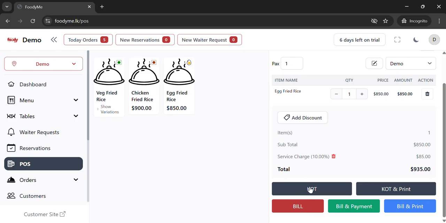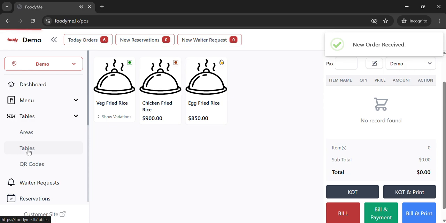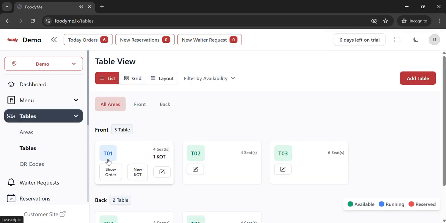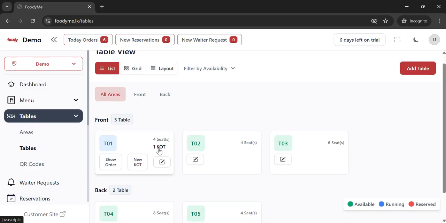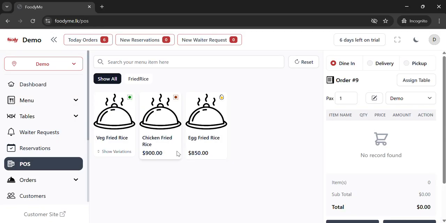Now I'm sending the KOT to the kitchen. Okay. Now if you go to tables and tables, you can see here under the T01 table, there is one KOT running. Now, let's assume that the customer is asking for another egg fried rice from table number T01. To add another egg fried rice to the table number T01, you have to go to tables